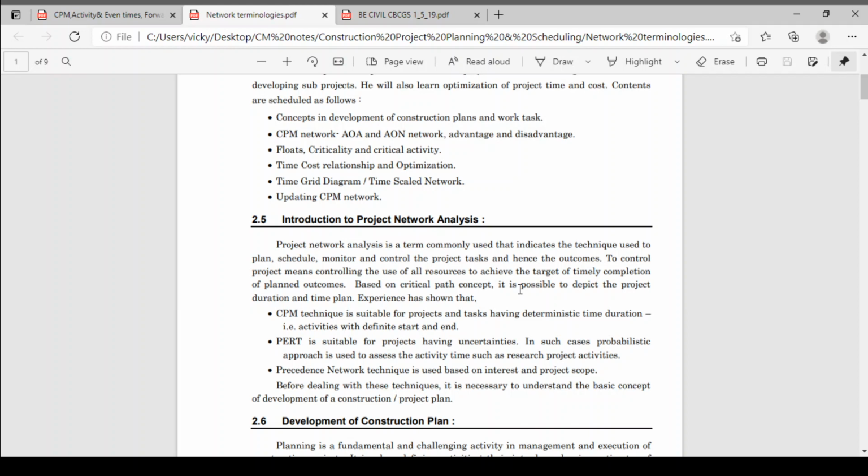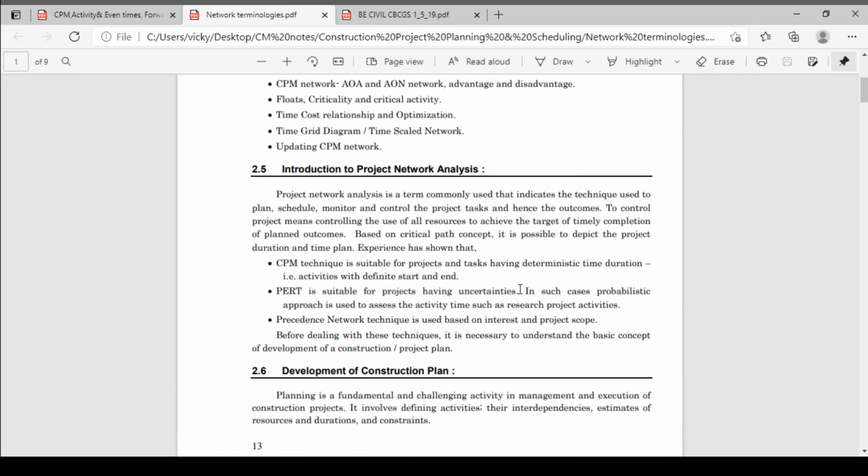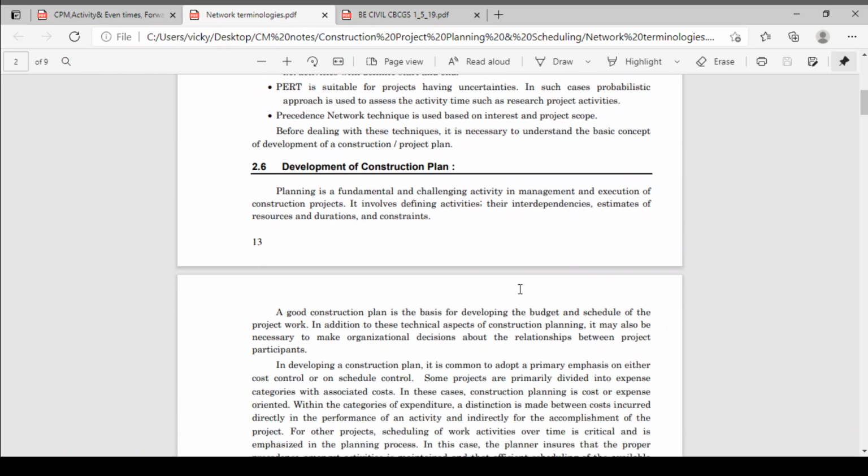Before dealing with these techniques, it is necessary to understand the basic concepts and development of a construction project plan. Now, development of a construction plan. Planning is a fundamental and challenging activity in the management and execution of a construction project. It is the main part, where you arrange the activities.